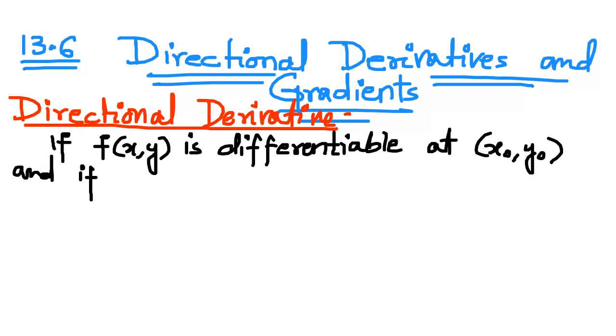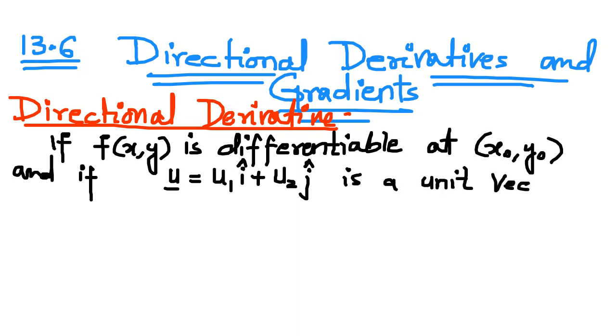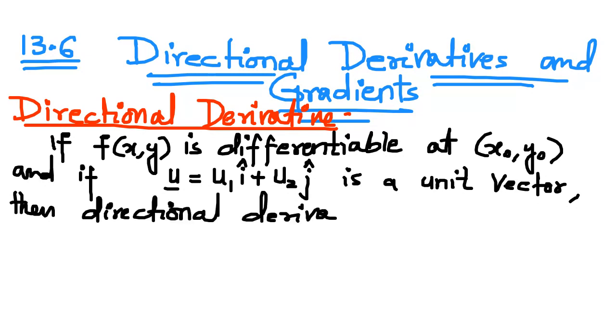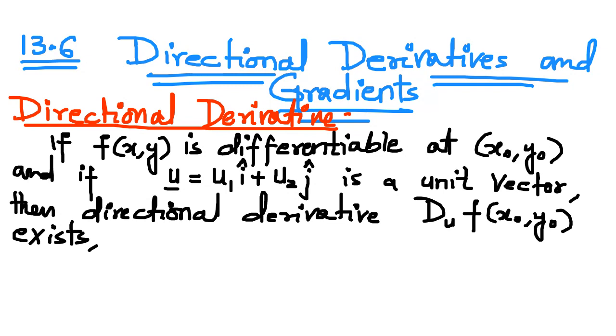and if u is any unit vector, u equals u1 i plus u2 j, a unit vector, then the directional derivative Du of the function at point x naught y naught exists and is given by